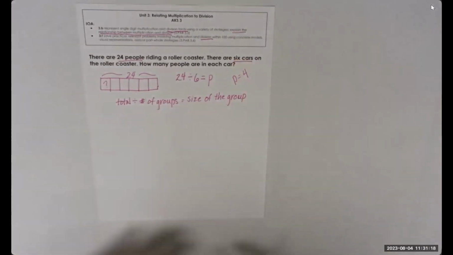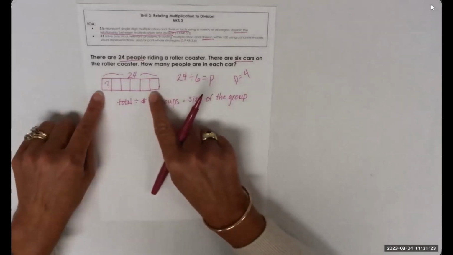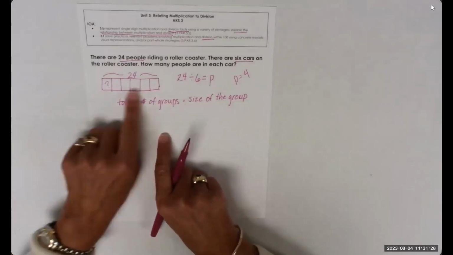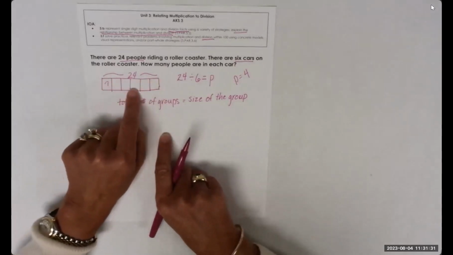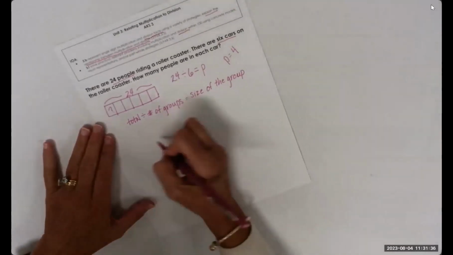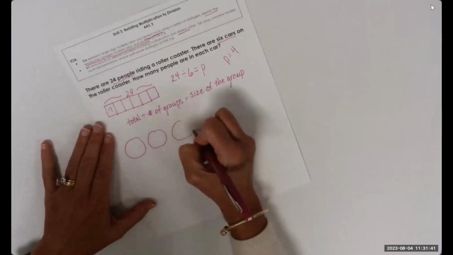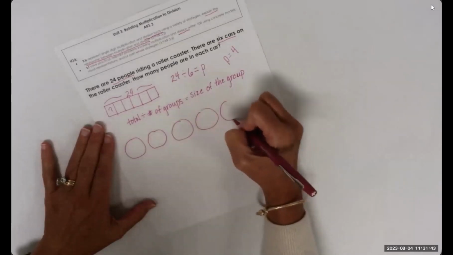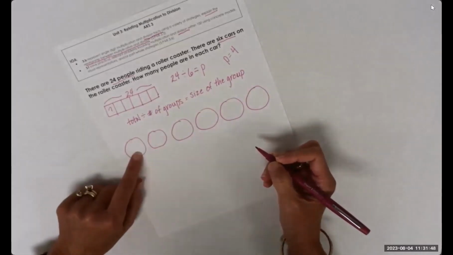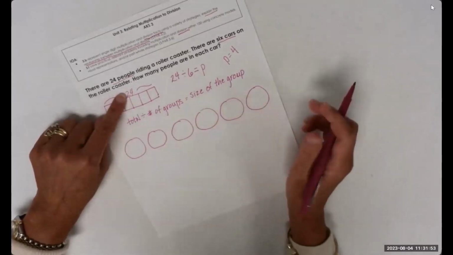As you transition to that representational phase of learning, you're going to go back to exactly what we did with our color tiles, but we're going to draw these equal groups, okay? So we know we have a total of 24, and there are 6 groups. We just don't know how many are in each group. So I'm going to draw 6 groups. 1, 2, 3, 4, 5, 6. So I have my 6 groups, and then I'm going to start equally sharing a total of 24 until I